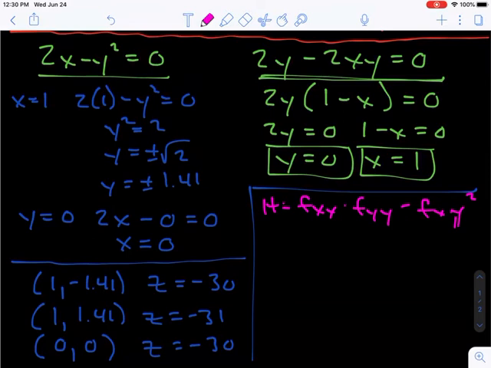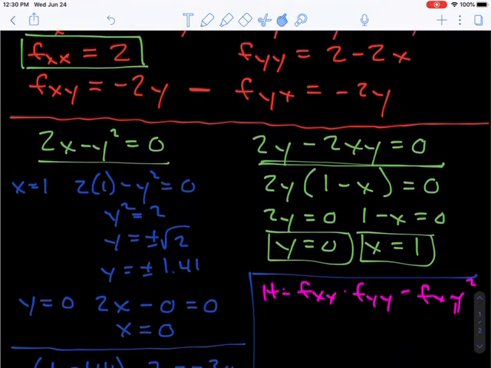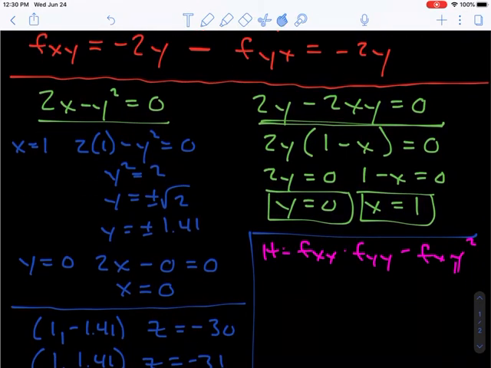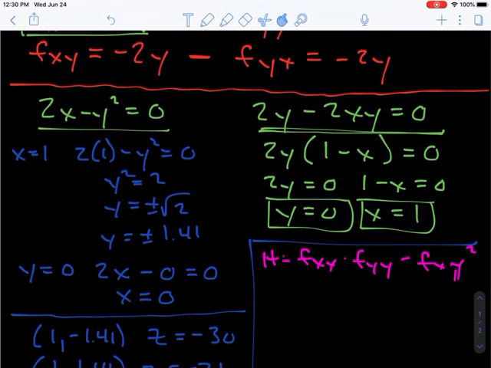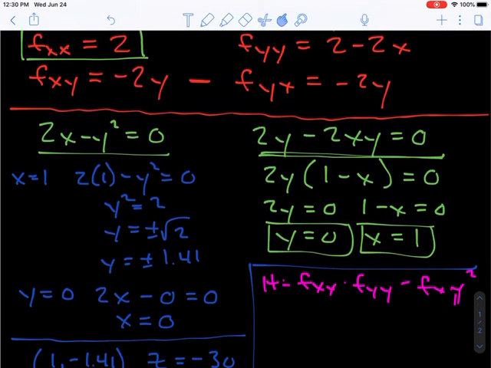So f of xx is 2. So h is equal to just 2 here,